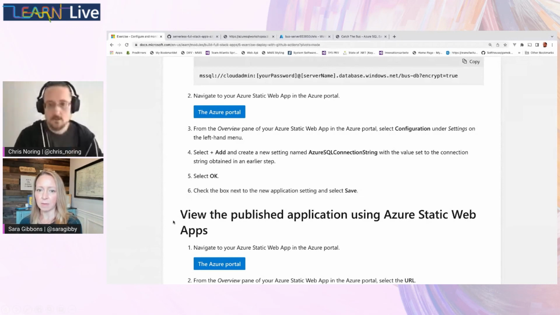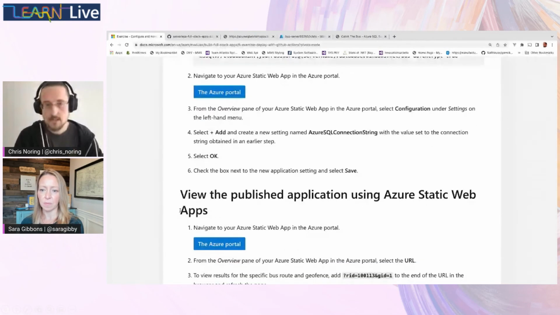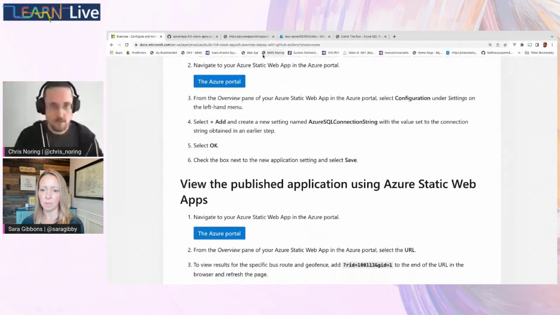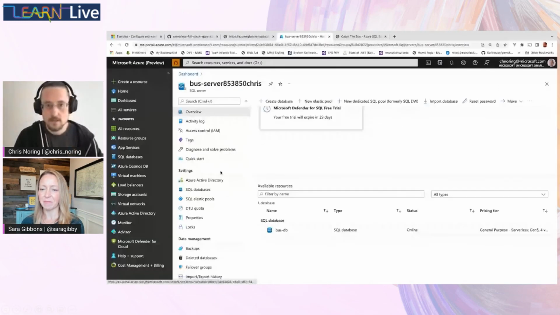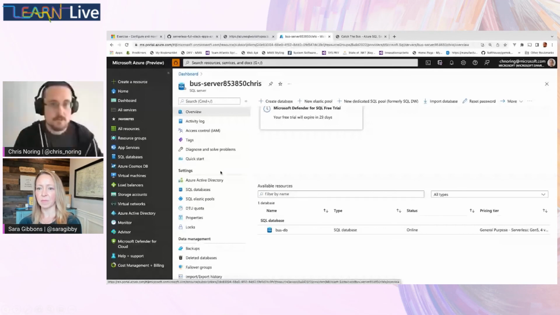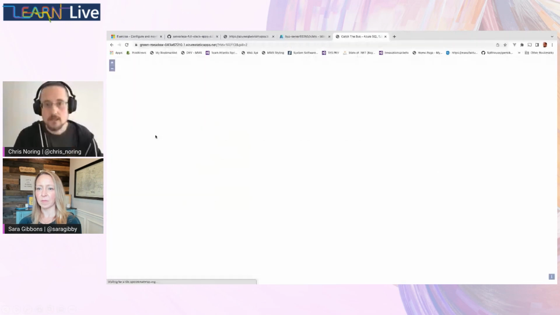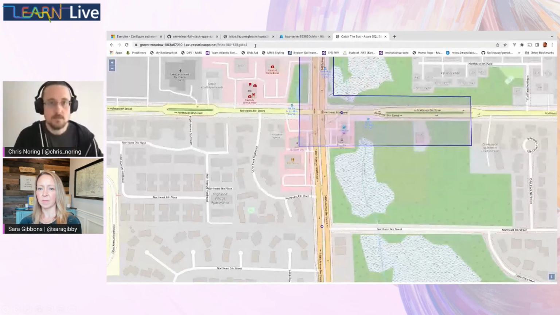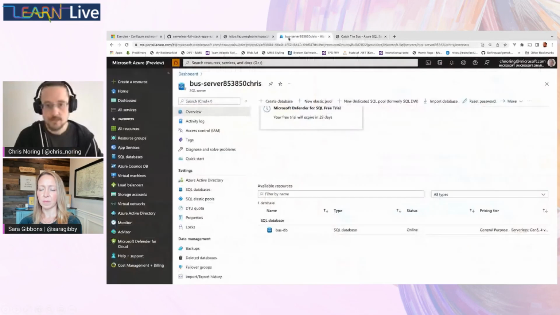Oh, nice. So assume that we have set this connection string in our app settings. Our app should be working, right? I mean, you were alluding to the fact that it might not be working. So let's see what's going on here. This is the database resource that we're using for this live application. And what we can try to do is look at our live app, just to see if we reload it. And it's actually working, but you might be in situations that Sarah was saying where the database actually powered down